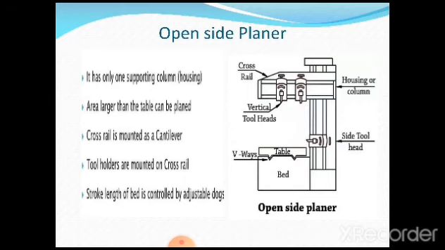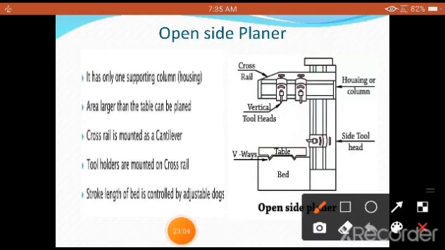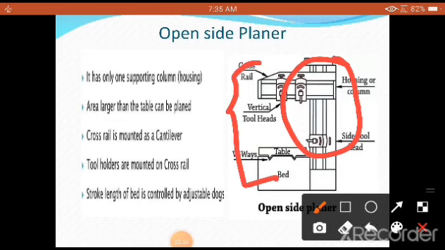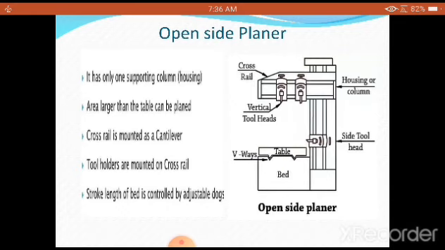So now we need to understand, till now we have discussed the construction and working of a double housing planer. Now we need to understand in brief about the other types of planers which are used for some specific job applications. The first one coming is called an open side planer. As you see there, it is called an open side planer because you see the column only on one side, and on one side it is totally open. This portion is totally open. So this can give a provision of holding a larger workpiece. That is the main plus point.